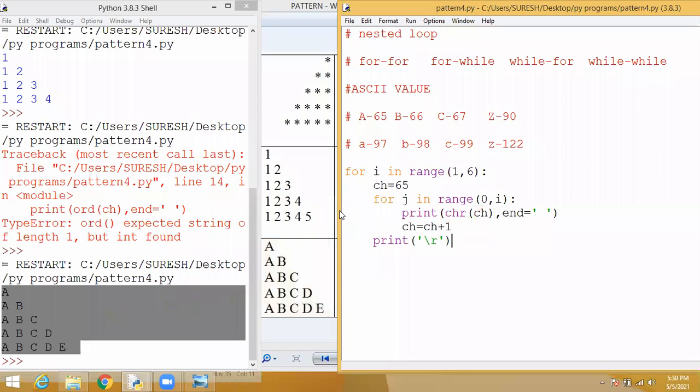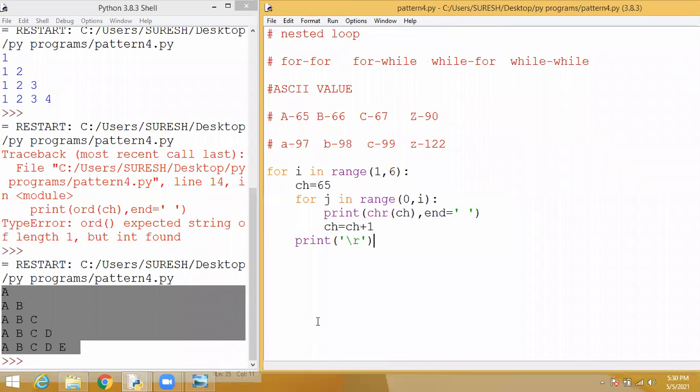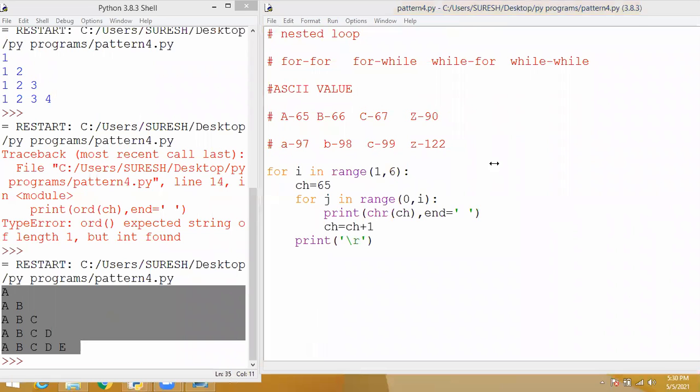Kindly note down these two functions. First, the chr function: chr of an integer will give you the character for that integer value. And one more function is the ordinal function, ord. This will give you the integer value of a particular character.